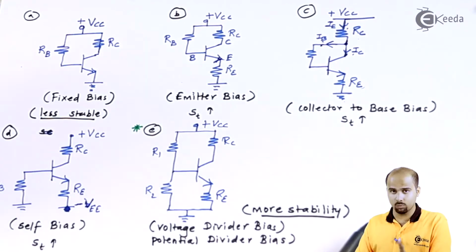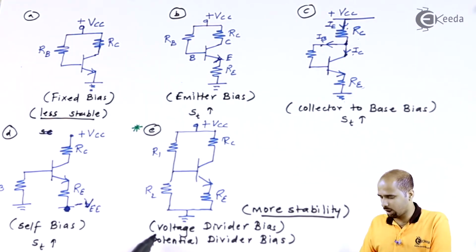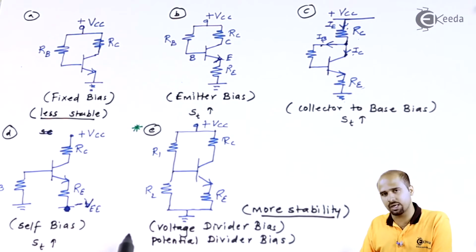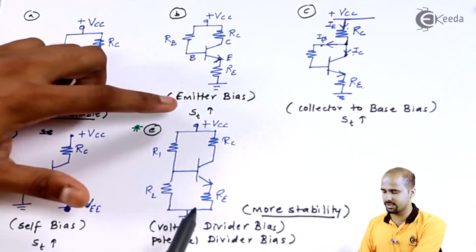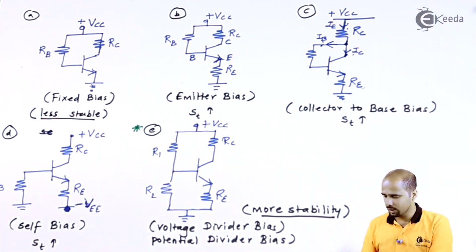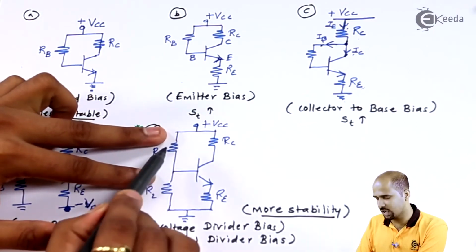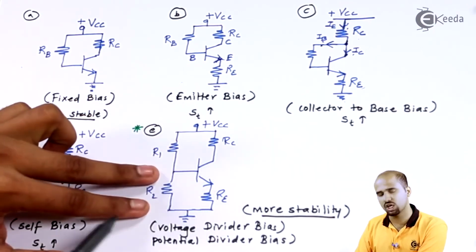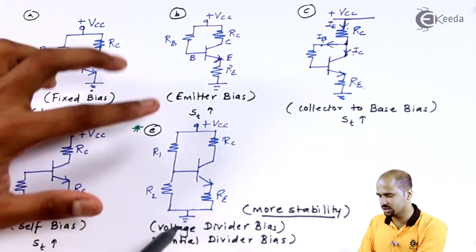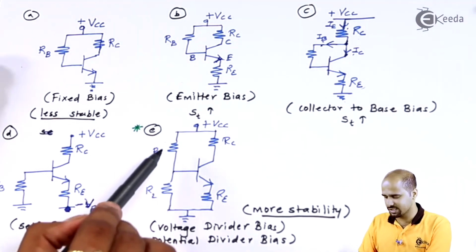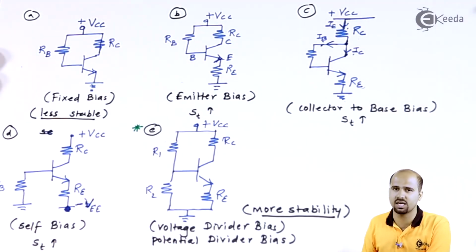One part is left, that is why do we call this a potential divider or voltage divider. I can say that whatever input voltage I apply, that particular base voltage is divided into two parts, or I can say this plus VCC is divided into two parts. One is the voltage across this R1 and the other is the voltage across this R2. So the voltage of the DC supply is divided across two resistances, R1 and R2.